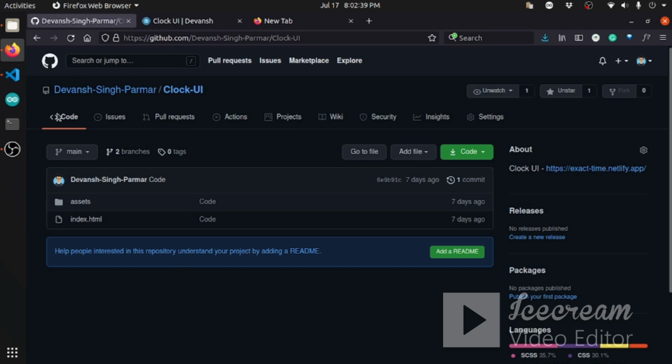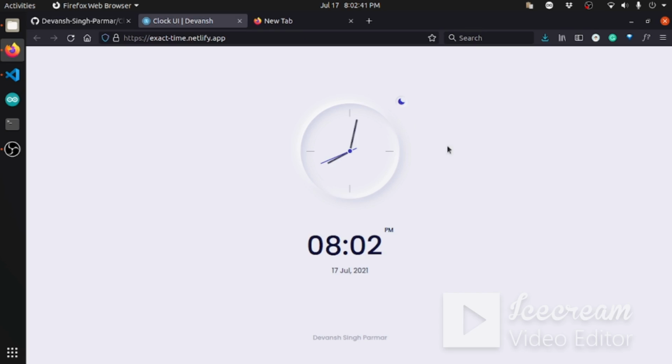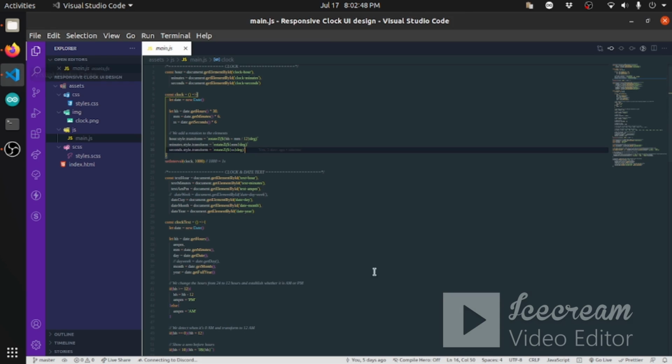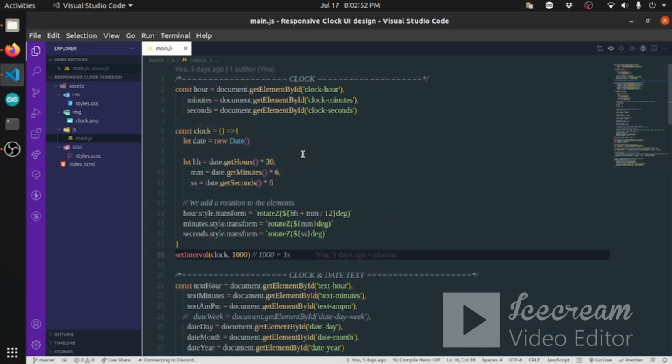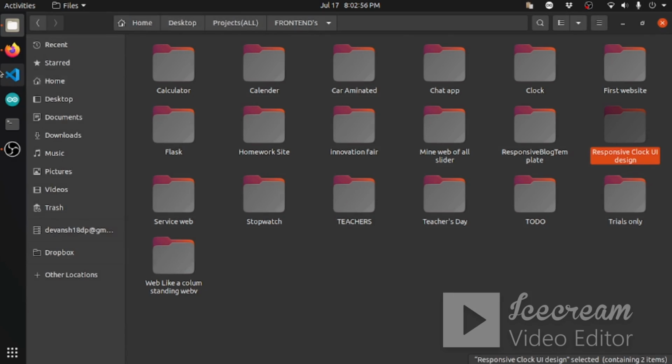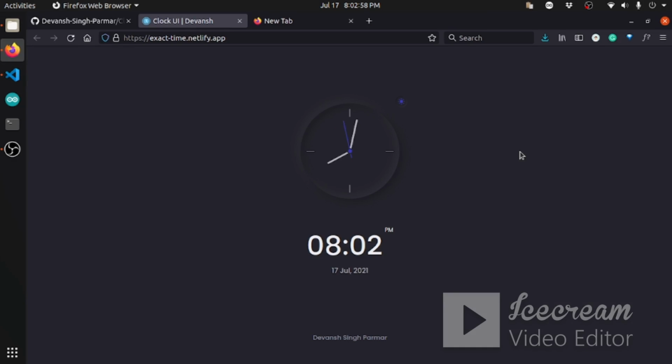I have given you the source code, and you can go ahead with it. This website is awesome, and it works for both dark theme and light theme. You can understand the code, it is not very difficult. It shows the correct exact time, but with just 1 second difference, so we cannot say exact yet.